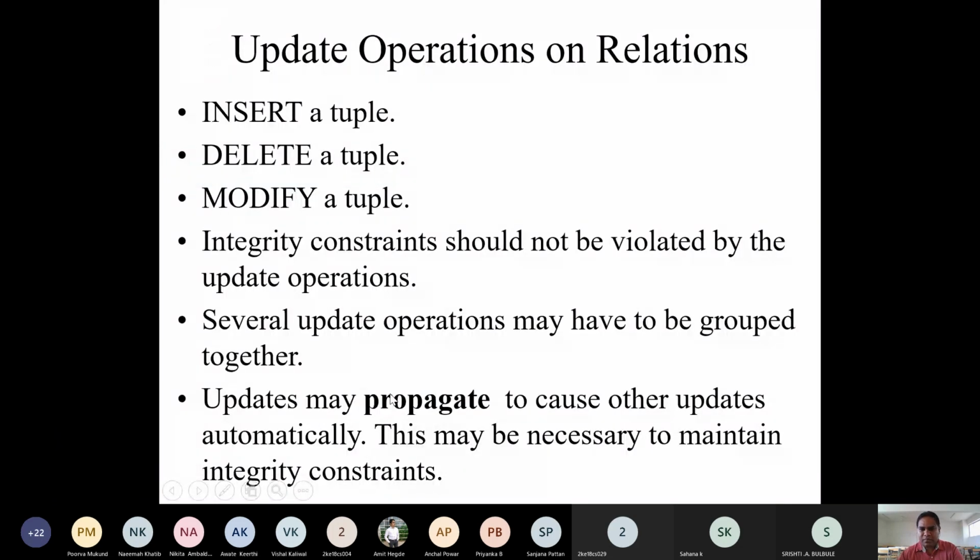Now updates may propagate to cause other updates automatically. This may be necessary to maintain integrity constraints.